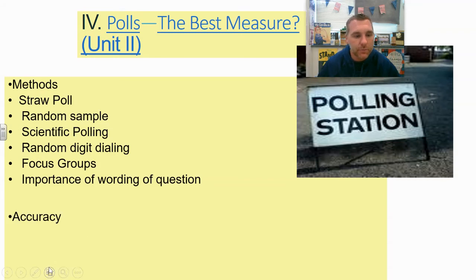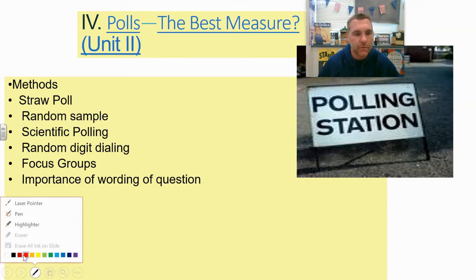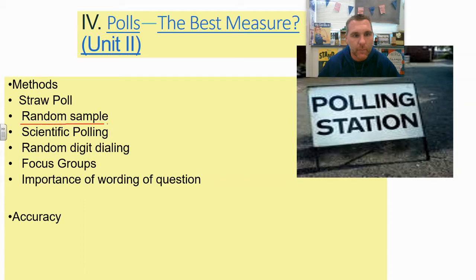A random sample is really good to have. A random sample is going to try to give you a better picture, if you will, of the data. So think of it like a soup analogy. You don't have to drink the entire bowl of soup to know what the soup tastes like. You can just get a sampling of it. So trying to get that random sample is really important.